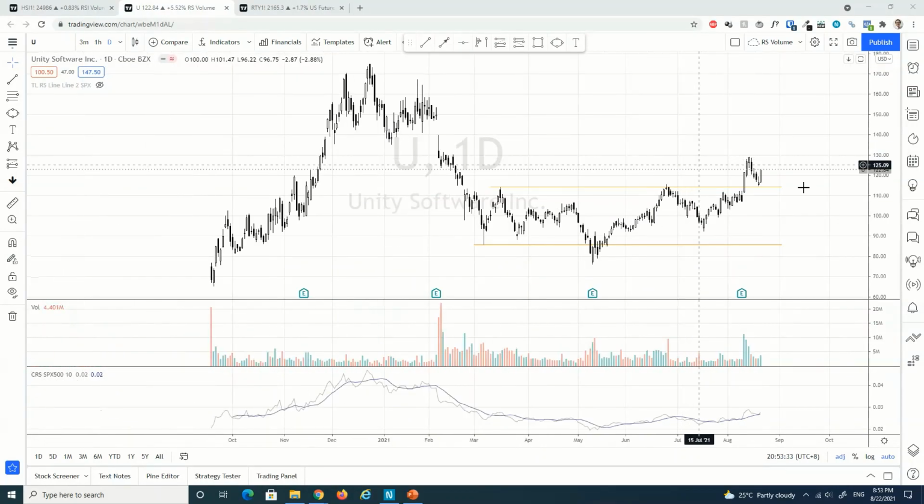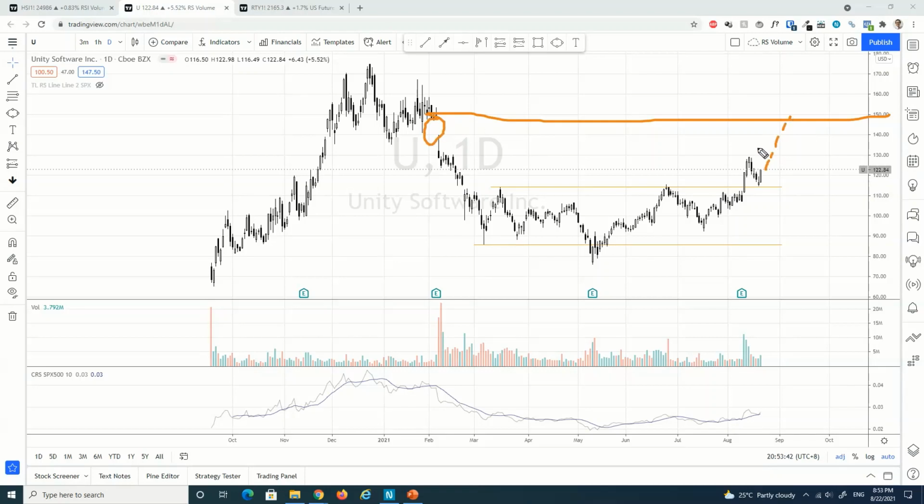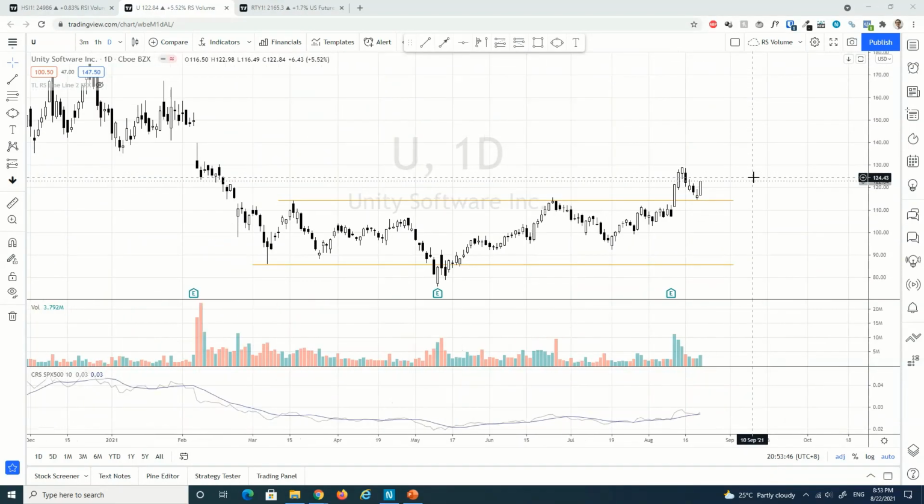And for this, I really would like to see it just test about 150, so to fill the gap right there. So probably have some more upside. So that's Unity. So I think right now this is a reversal buy, and you can wait for breakout confirmation as well. Otherwise, if it just has some form of maybe more consolidation, I think it's even better than before. You can just break out.